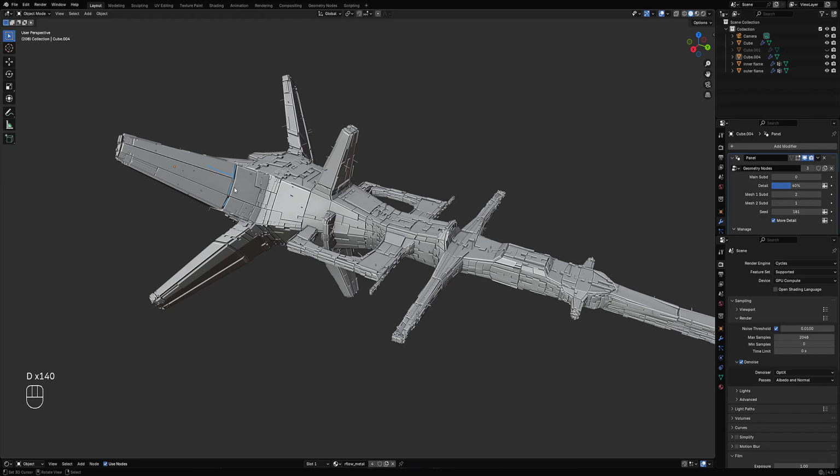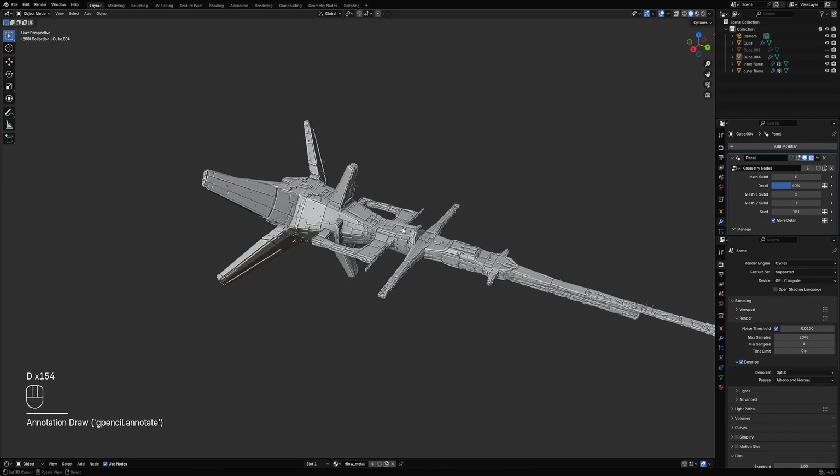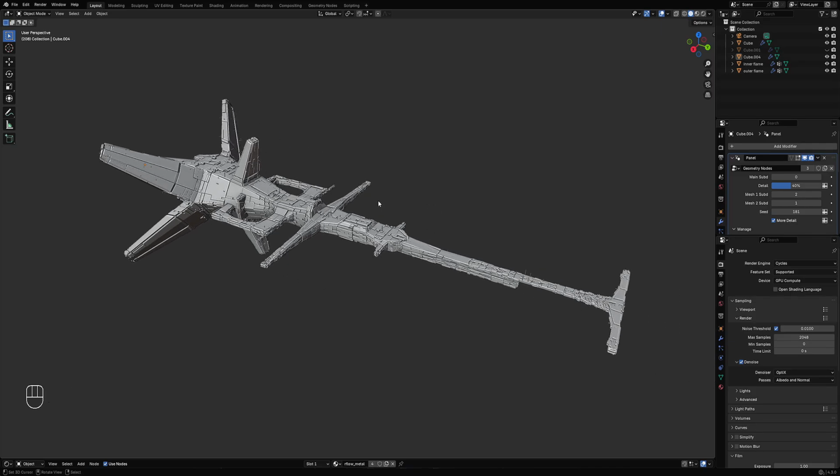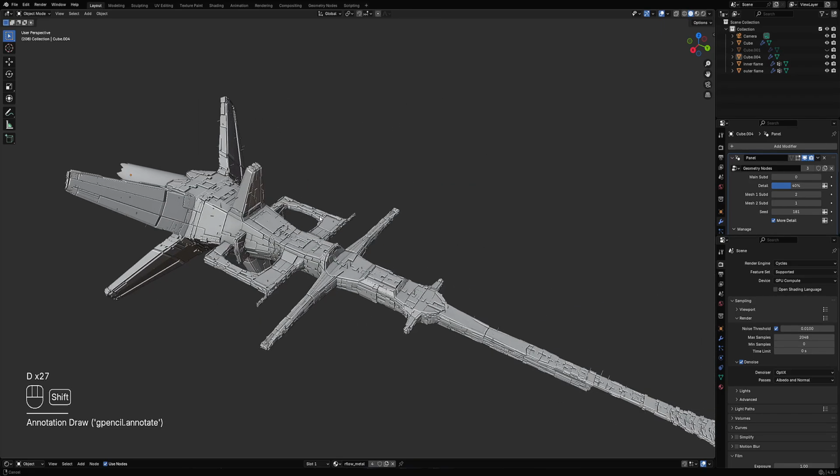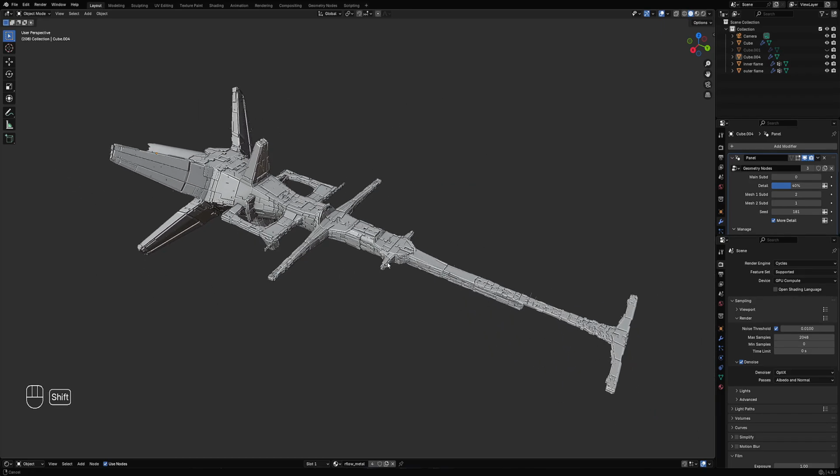on the edge. Although I think it can be done with GeoNodes. Yeah, it can be done with GeoNodes. All you have to do is filter the boundary edges that aren't connected to anything. Okay,